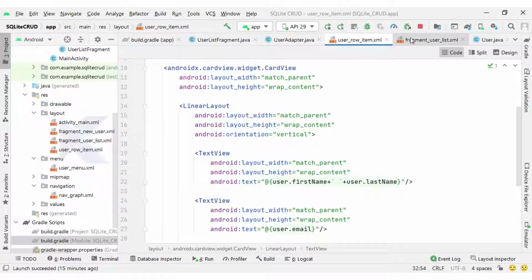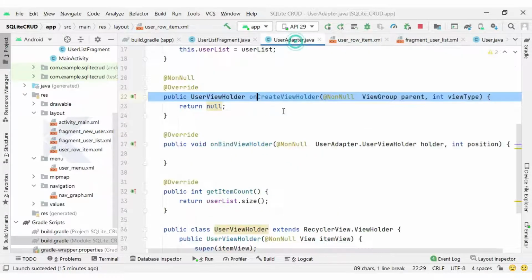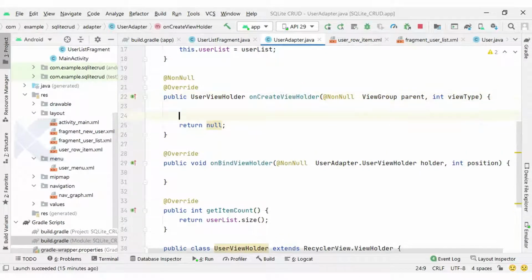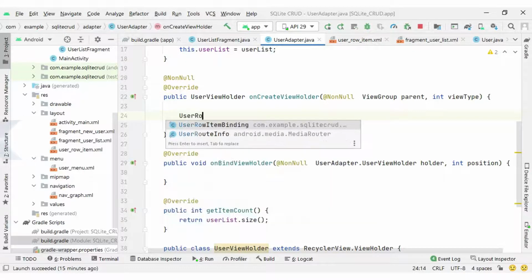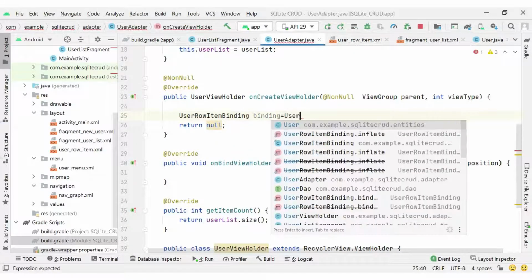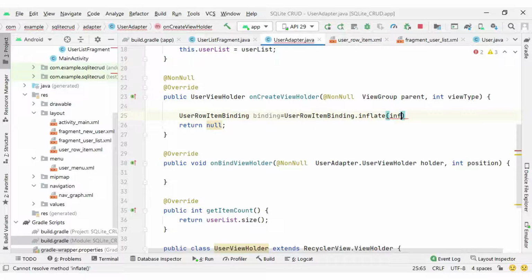Okay, next we can go back to the adapter class. Inside onCreateViewHolder we are going to create the binding instance. For that we can write here UserRowItemBinding equal to UserRowItemBinding.inflate. So here we can pass inflater, parent, false.